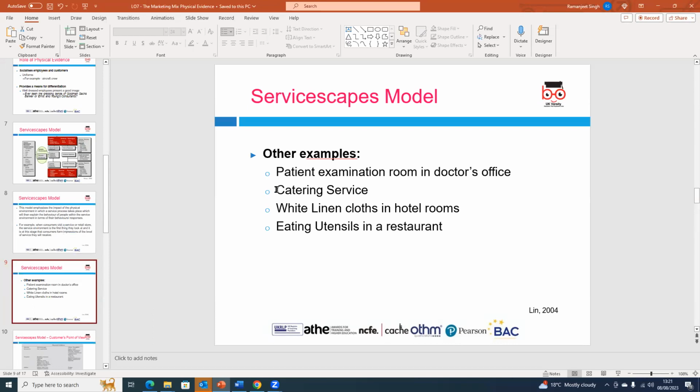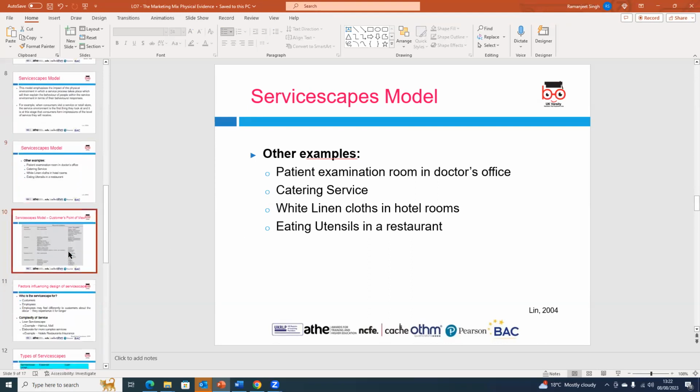Okay, similarly to catering service, if you look at the catering service, you will see that the patients in the hospital with the doctor's room will be clean, the catering services will be good, the clothes will be good. And if you go to a hotel room, for example, you will get the impression that the linen, the TV, the towels, the bed sheets, the towels in the bathroom will also be clean, as in a hospital, and eating utensils will be clean, and so on and so forth. Okay, this is very important.